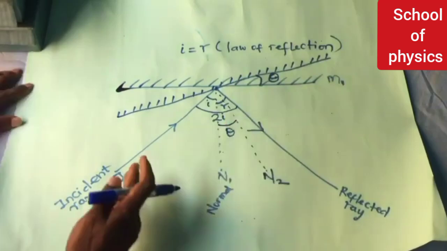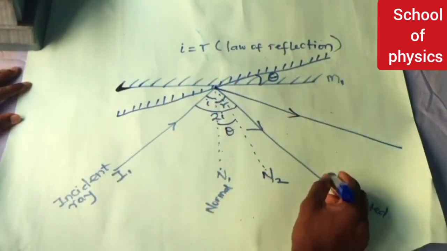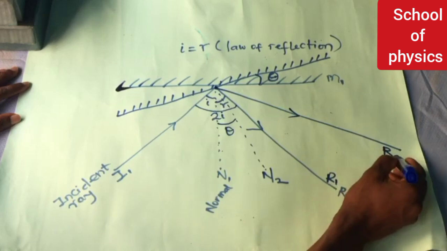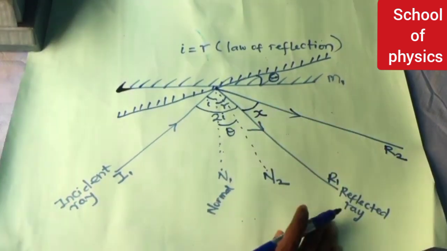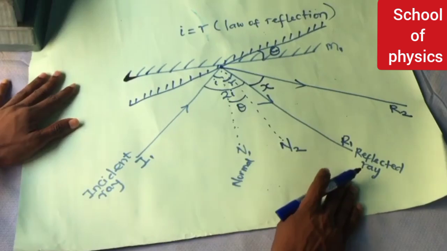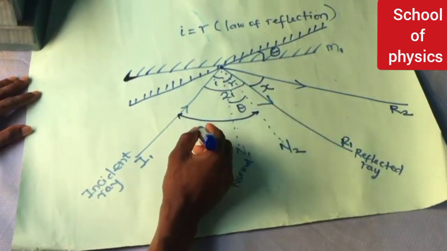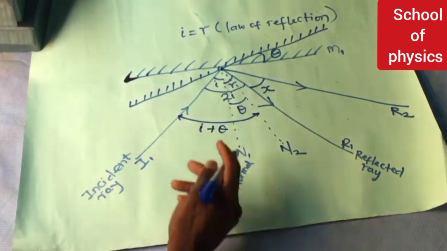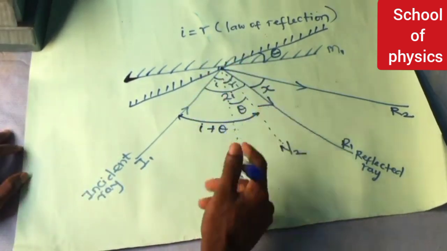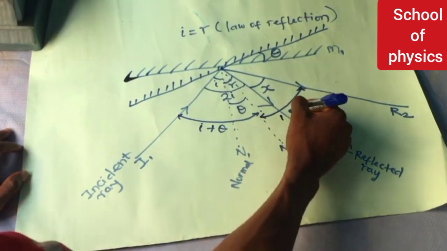Since our incident ray is constant, we'll get a new reflected ray, and we'll call the initial reflected ray R1 and the other one R2. And we'll call that angle X, which is the angle we are looking for. Now, for our initial reflected ray and our new normal, our angle of incidence is I plus theta. While for the new normal and the new reflected ray, our angle of reflection is also I plus theta